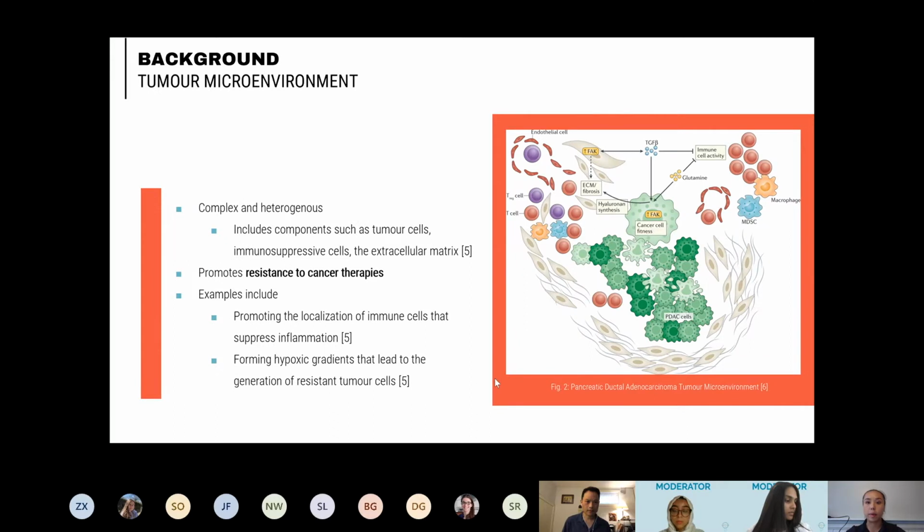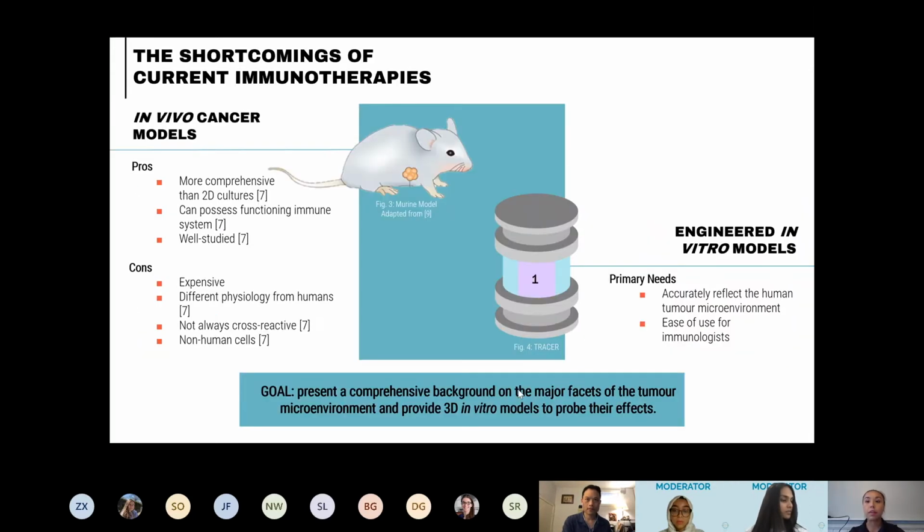The hostile tumor microenvironment, TME for short, is complex and composed of a variety of players, including circulatory networks, immune cells, stromal cells, and the extracellular matrix. The coordination between them often leads to resistance to therapies through mechanisms such as the promotion of immune cells that suppress inflammation. The current field of immunotherapy relies on models to test their success prior to any sort of